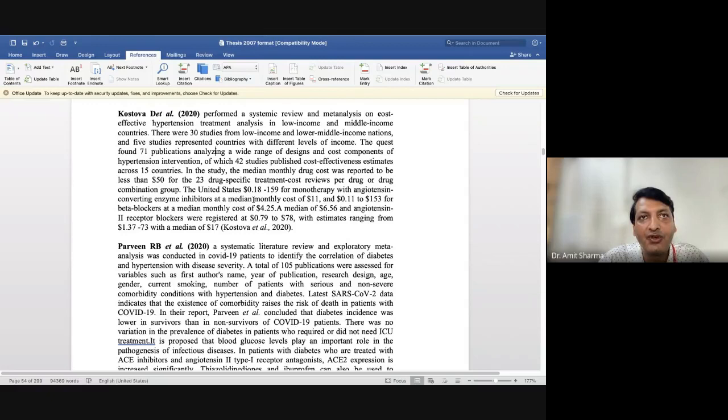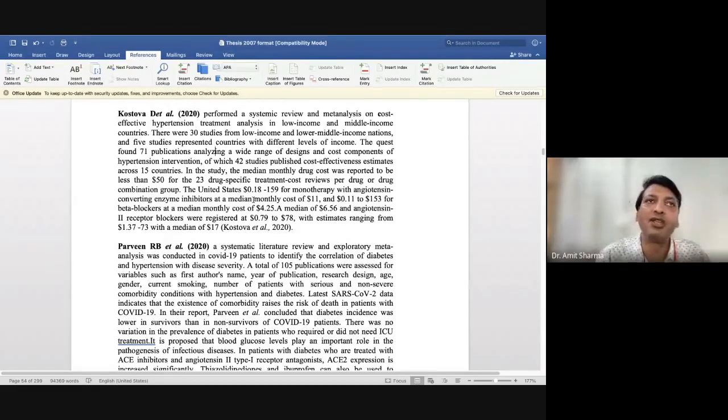The introduction of your thesis will be the introduction of your thesis only, not the introduction of your topic. You should write why you have chosen the topic, what the research gap is, and what variables you have taken for your study. In your project, all these things should be mentioned in the introduction chapter.